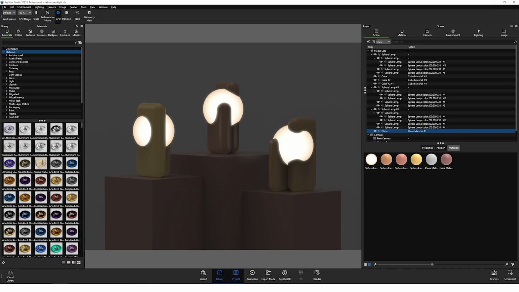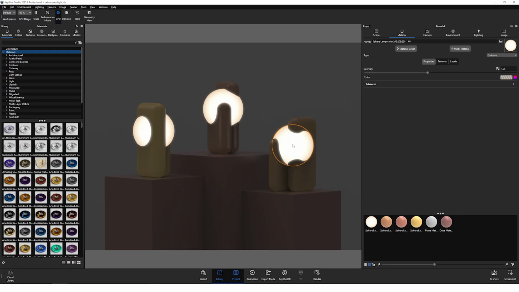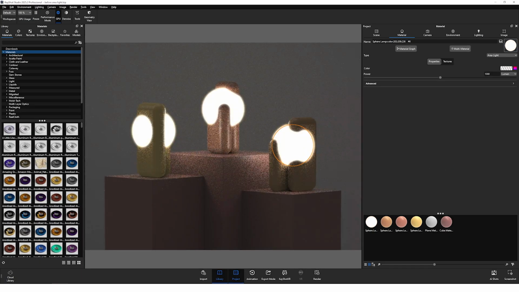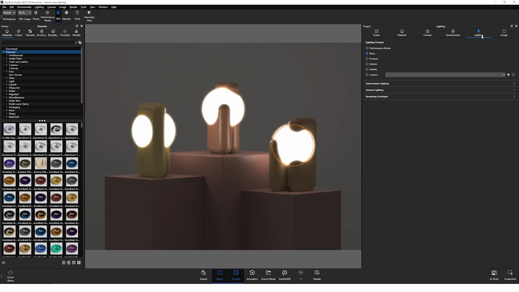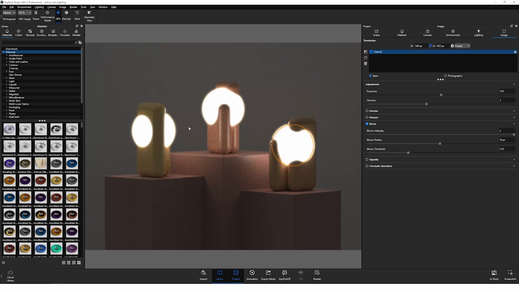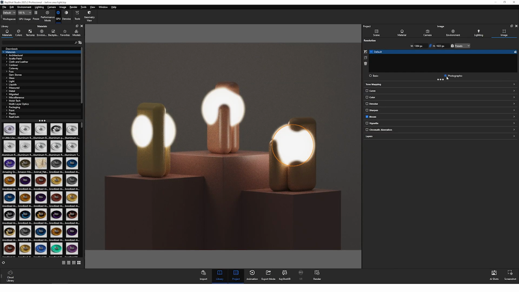Now that we have a better understanding of when to use emissive lights and when to use area lights, let's change our lamp's material type to area light. We can immediately see how much more light our lamps give off after switching to an area light. To give us a subtle bump in global illumination, we can navigate to the Lighting tab to switch to the Interior preset. We can also initiate the photographic style,